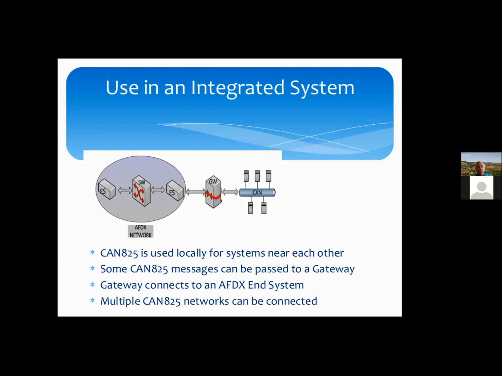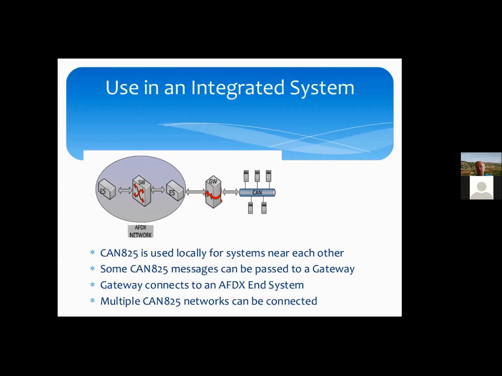Okay, now, because it's the same plane, if you use some CAN Bus and some AFDX, you need some way of interacting between these two things. That's often done through what's called a gateway. So you'll have a CAN Bus, which will be connected to, let's say, 20 different devices in a localized area of the wing. And you'll have a gateway, which is one of the devices on the CAN Bus,